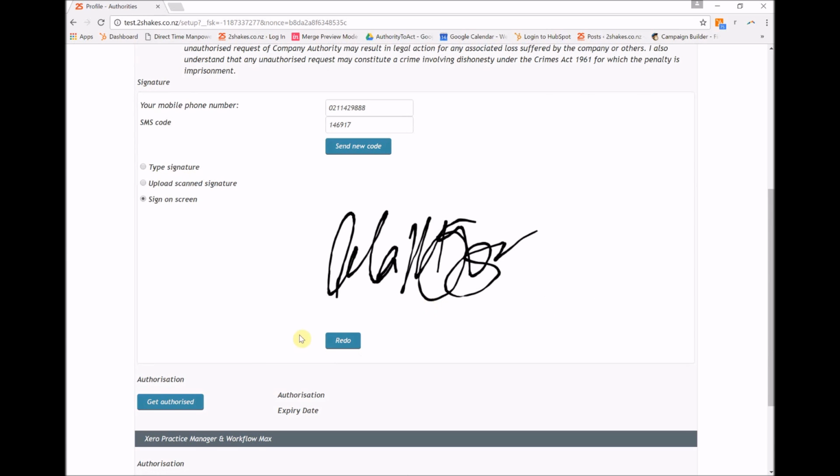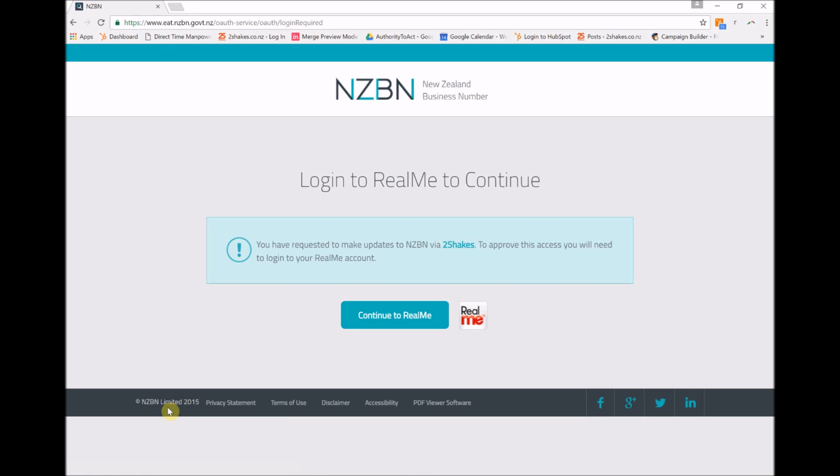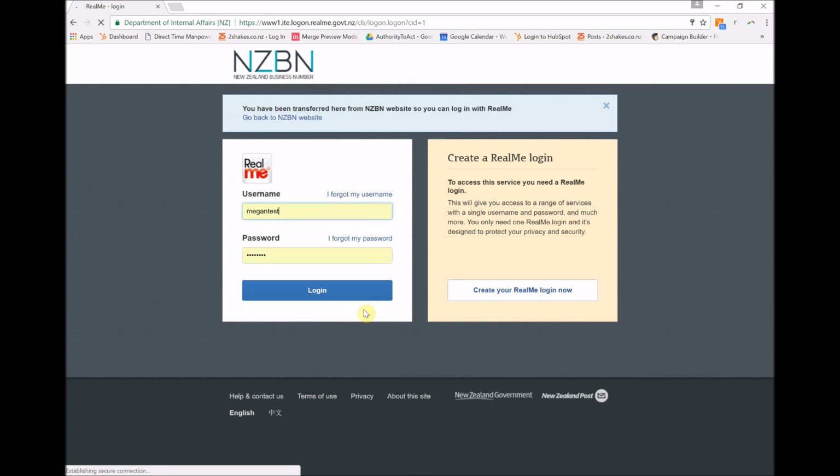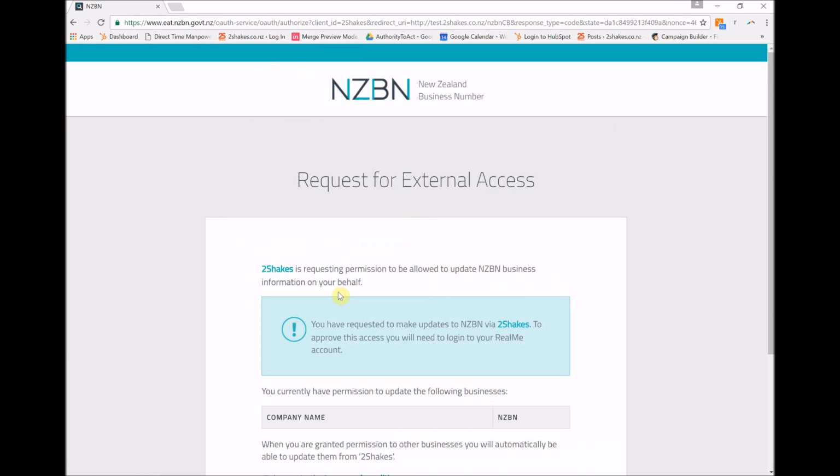Once all that's done, just click on the Get Authorised button. The system will take you to the NZBN website and allow you to log on with your Companies Office logon using RealMe. Put your username and password in for Companies Office. Click on the Login button and you'll be taken to the page